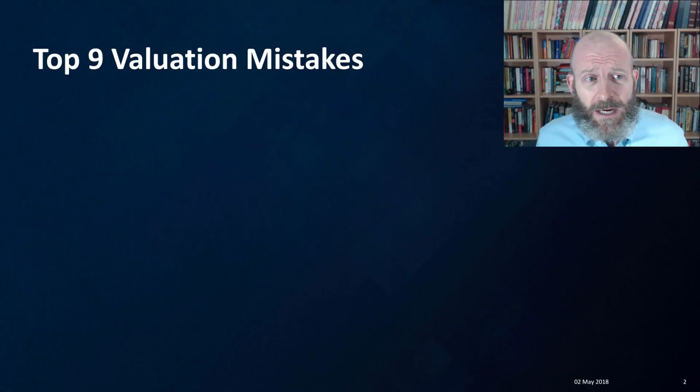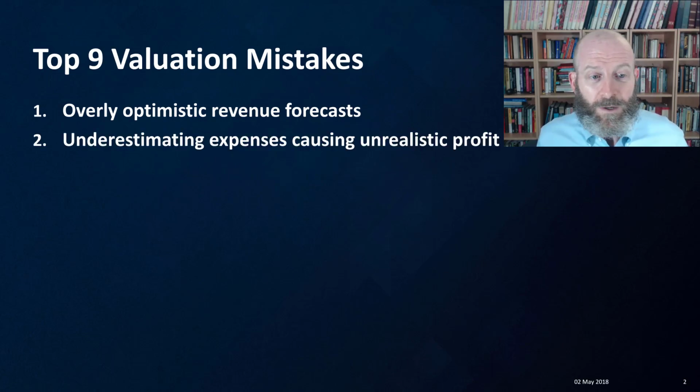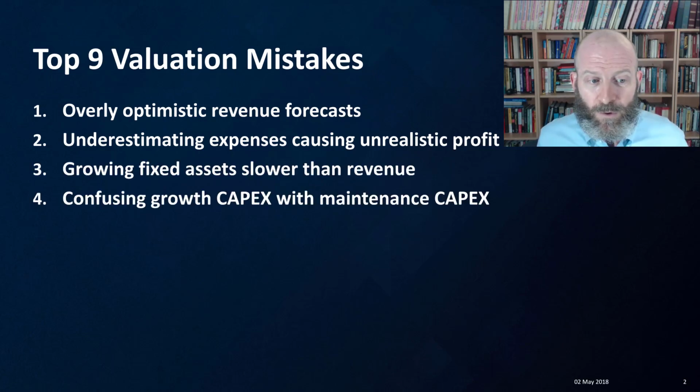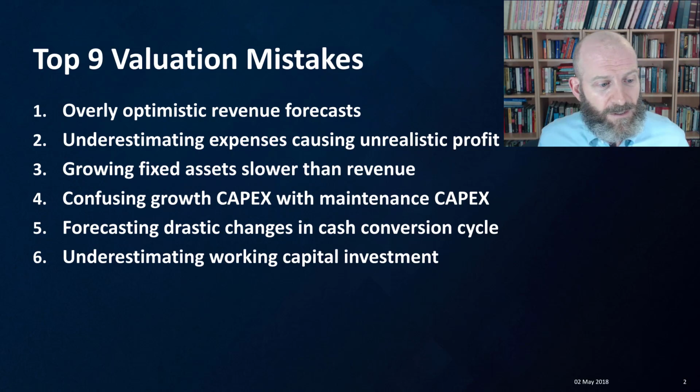So let's review the 9 valuation mistakes that I've seen in my career as an analyst, but also in the Valuation Masterclass. Number 1, overly optimistic revenue forecast. Number 2, underestimating expenses causing unrealistic profit. Number 3, growing fixed assets slower than revenue. Number 4, confusing growth Capex with maintenance Capex. Number 5, forecasting drastic changes in cash conversion cycle. Number 6, underestimating working capital